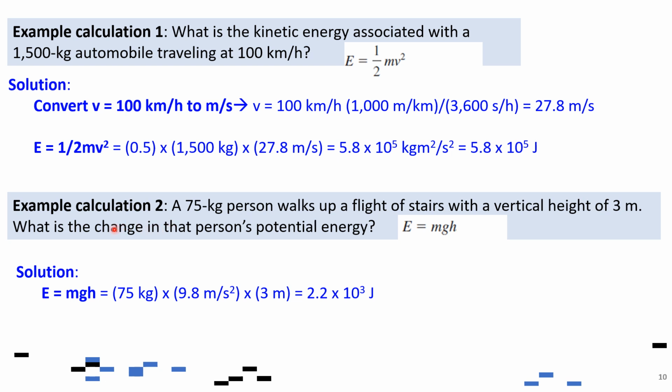The second example is about a 75 kilogram person who walks up a flight of stairs with a vertical height of 3 meters. What is the change in that person's potential energy? It's very simple: mass times gravity times h, or height. In this case, mass is 75, the gravitational acceleration is 9.81 meters per second squared, and the vertical height is 3 meters. All in all, if you multiply these, it becomes 2.2 times 10 to the cube